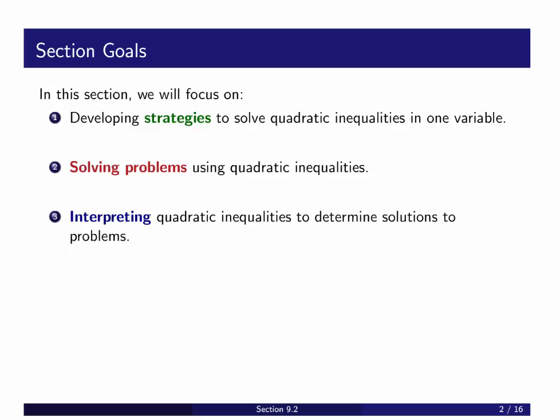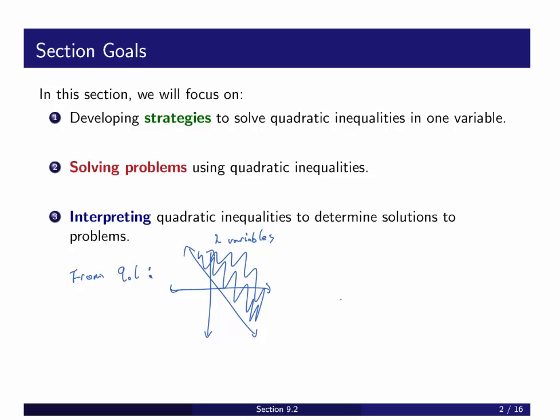Recall from 9.1, we were dealing with linear inequalities in two variables. Because it was in two variables, the range of solutions typically indicated some solution region, okay, that looked like that. Now that we're working in one variable for quadratic, so this is 9.2,